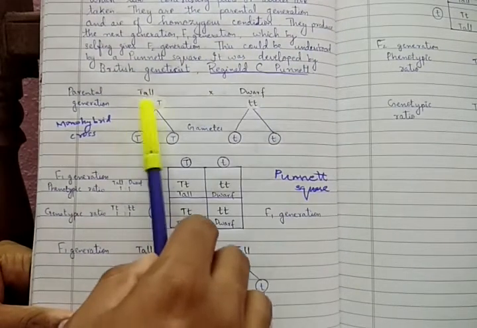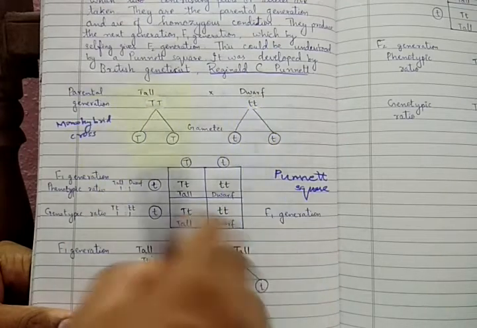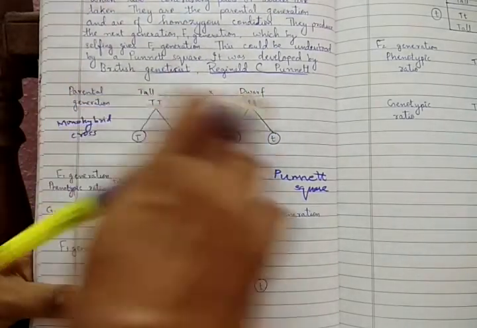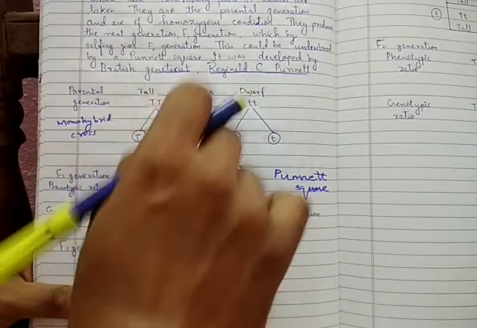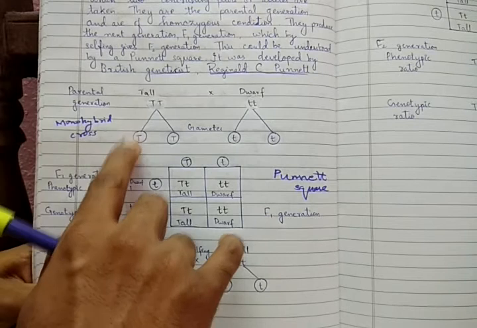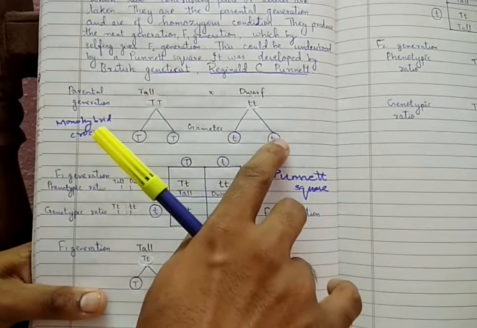We will take each of the gametes from them. Whatever we take from them will be one allele from the alleles. Each of these alleles, we will take the single gametes from them. So the gametes that we get from here are capital T and capital T. The gametes that we get from here are small t and small t.